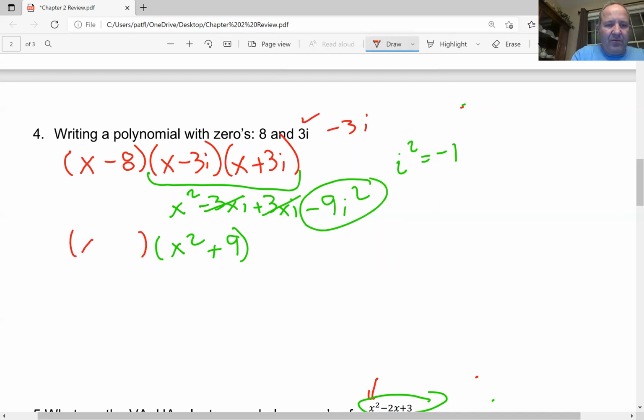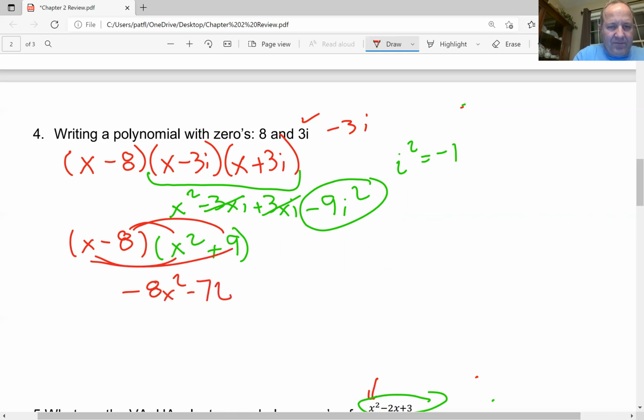Now we are still multiplying by x minus 8, so I just got to distribute this. So take care of that. Take care of that. And if I rewrite it in descending order,